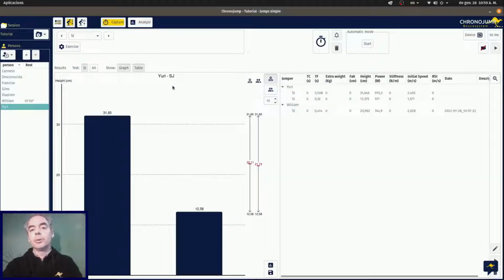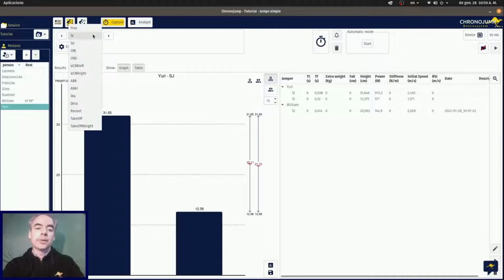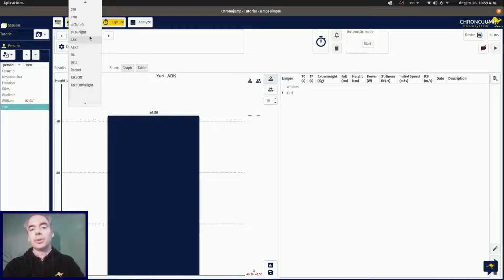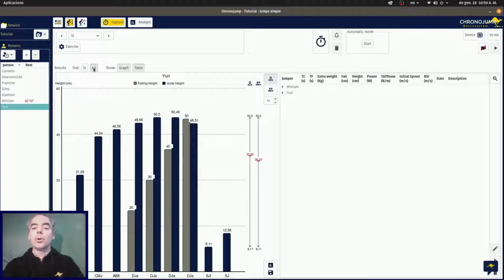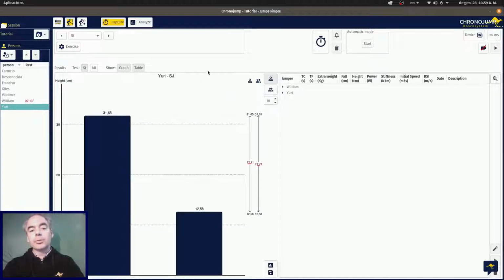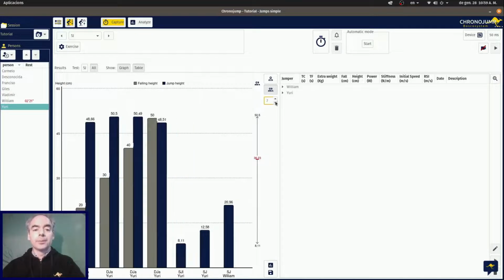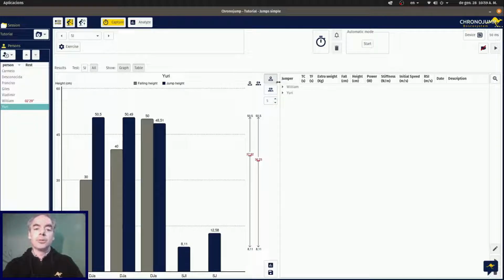On Capture tab at Jams or Races modes, there are many changes. For example, let's open Jams Simple mode and we can see a graph and/or a table. And we can see the selector of the exercise that is unified on the top, so you can change faster the exercise between captures. The graph allows you to use current jam type or all jam types, and current person or all persons. Also, you can select the max number of jams you want to see, and last jam is always on the right. Note there's a helpful vertical arrow on the right showing the maximum, average, minimum values on your selection.